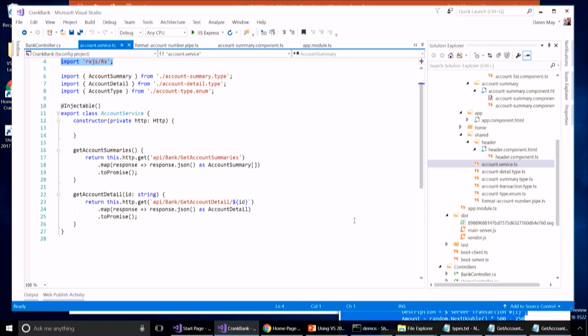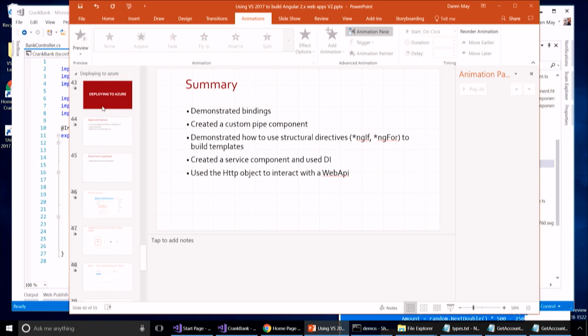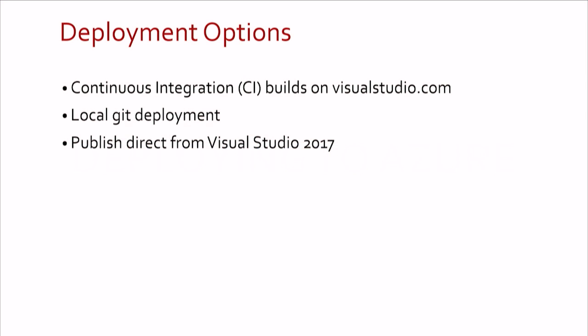What I would like to show is how we can very quickly deploy this out to Azure. So if I jump through to my Azure deploy. So we've got a number of different options available to us to deploy our application out to Azure. We can use continuous integration and CI builds, and those can be supported through visualstudio.com. If you have your project on there, you can attach it to monitor a GitHub repository or any sort of Git repository, to be honest, even the one on Visual Studio, and it will detect changes and automatically push those